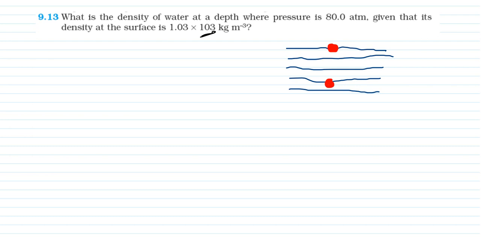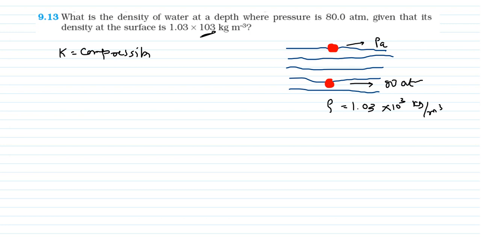You can say it is a surface. Now what is the pressure here? At the given depth it is 80 atmosphere, and at the surface the pressure is atmospheric pressure. The density of the water is 1.03 into 10 raised to 3 kilogram per meter cube. Another thing that should be given is the compressibility. The compressibility should be given but it is not given here, so just write down in additional data that compressibility K is given by,